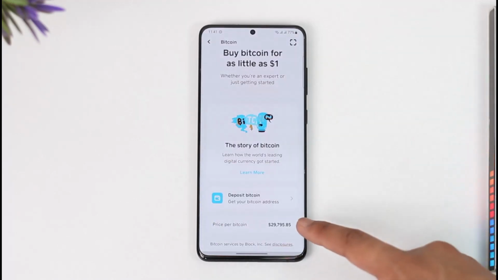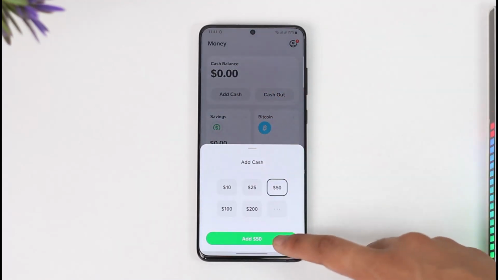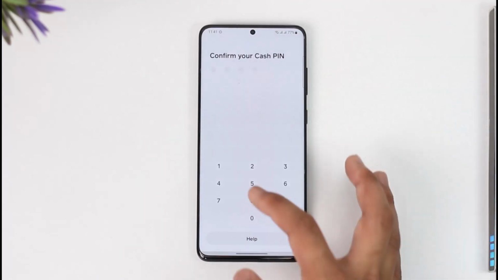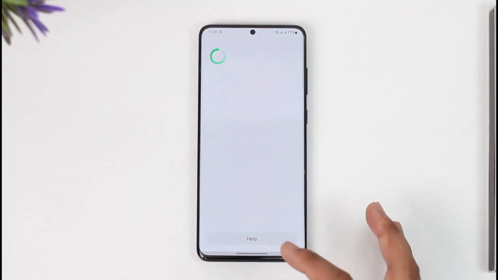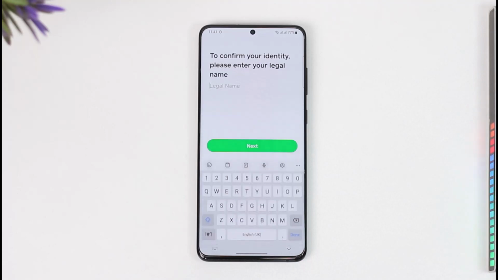But in case it doesn't, another thing you can do is simply try to add some cash. And when you try to add some cash on Cash App, it'll automatically ask you to verify your identity. Let me just show you. And here you can see it says to please verify your identity to continue using Cash App. So all I need to do is just tap the continue option over here, and as I do that,